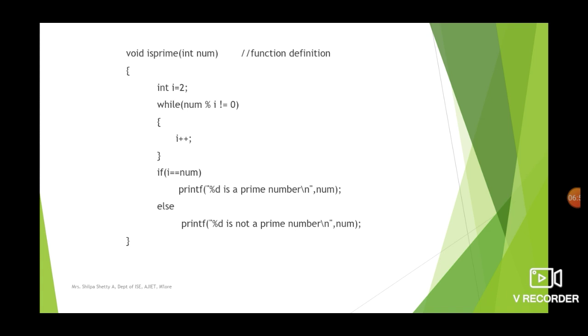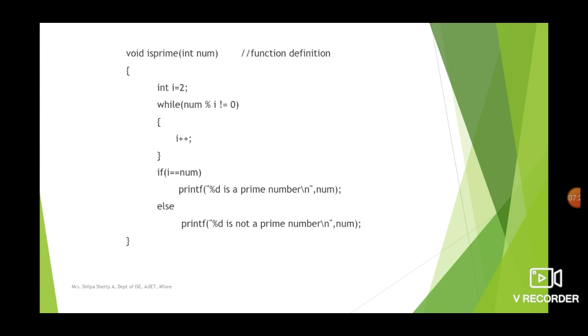So we'll take the number and divide it by I starting from 2. If it is not divisible, we will try the next number. So we have written I++. Again, if it is not divisible, again we'll increment I++. So likewise we go on continuing. But at any point if we get that the remainder is 0, the condition will fail, because we want not equal to 0. If the remainder is 0, we will terminate the loop. So the control will go to the next if statement.